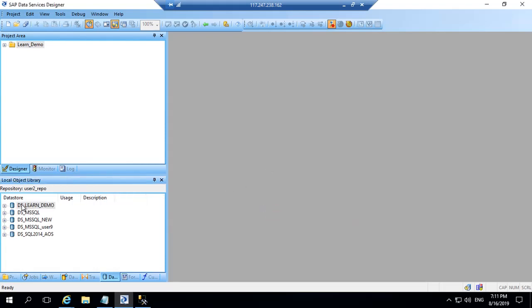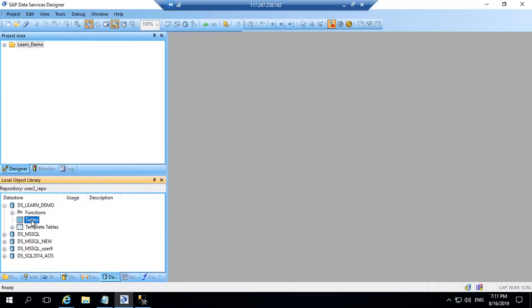And now I have the ds_learn_demo available here, and I see there are options like functions, tables, and template tables. Basically it means I can get functions, tables, or template tables from the SQL server. So let's see whether we have the tables which we need. I don't see any table here because we haven't imported anything from the SQL system.